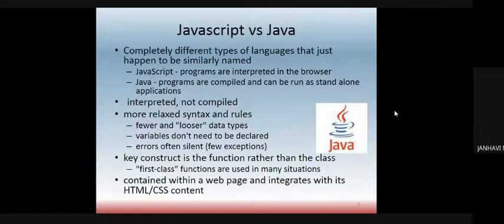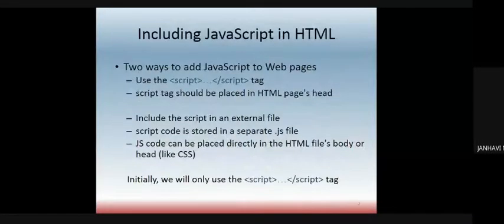Next part. Now, including JavaScript in HTML. As I said, some of the terms we have already seen. There are two ways to add JavaScript to the web pages. One is you use something called the script tag. Already when we were learning JSON, we saw, right? We used to write something called script. In between the script tags, we used to write that particular JavaScript code, and then the program would run. So there are two ways.